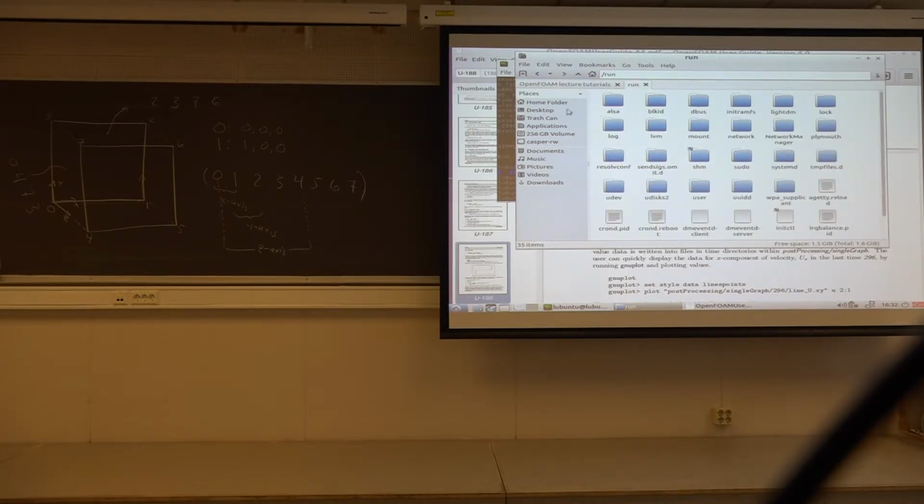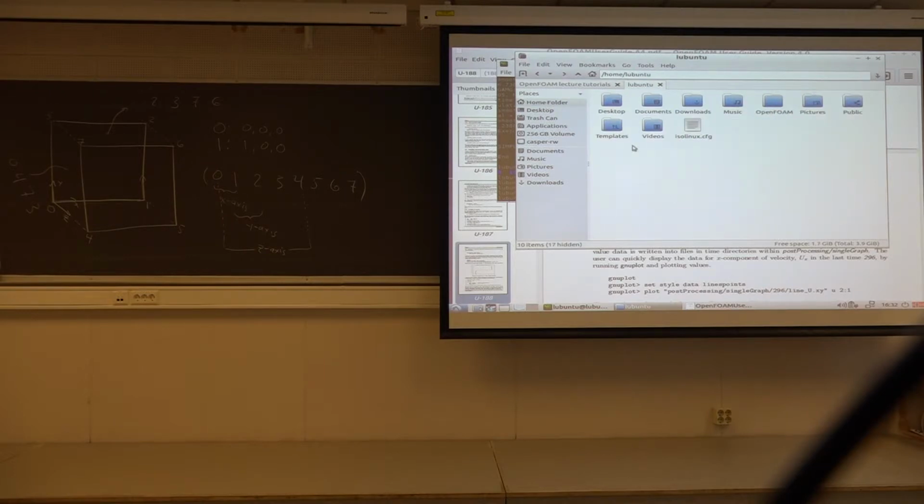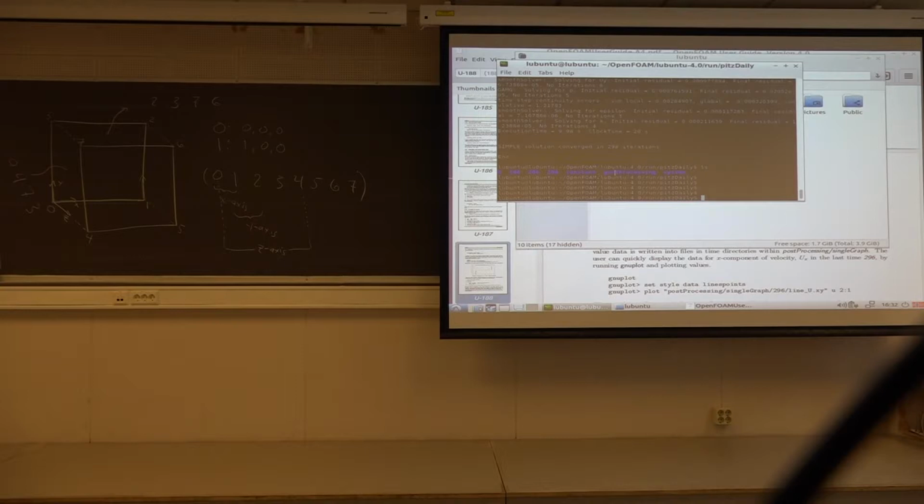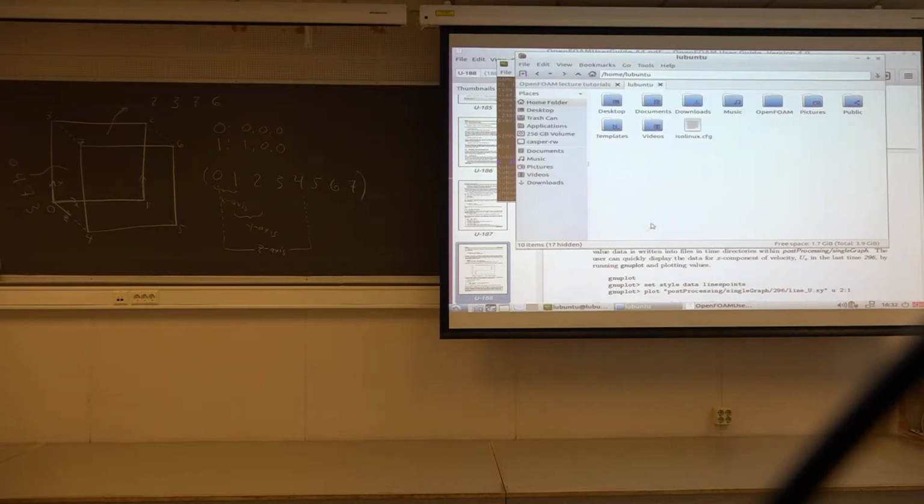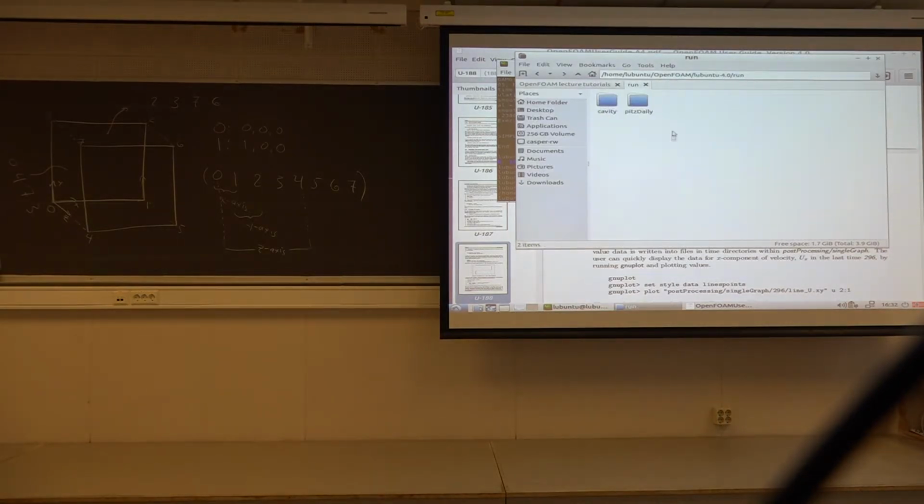No, that's the wrong one. Where the heck are we? OpenFOAM. There we go. Run folder. Pitts-Daly. And then under post-processing, you have single graph, and there you will get one folder for each